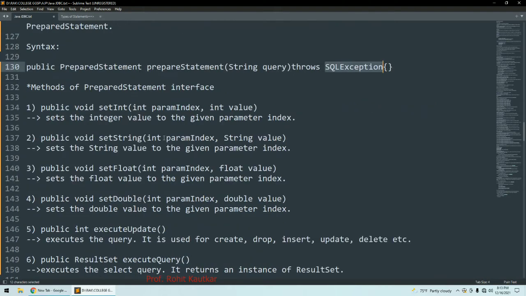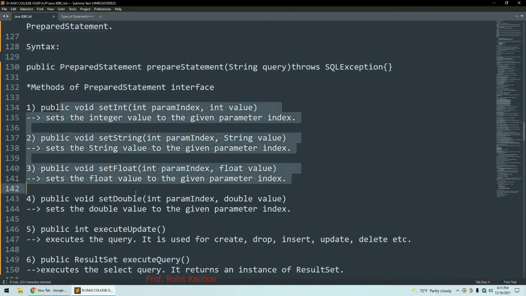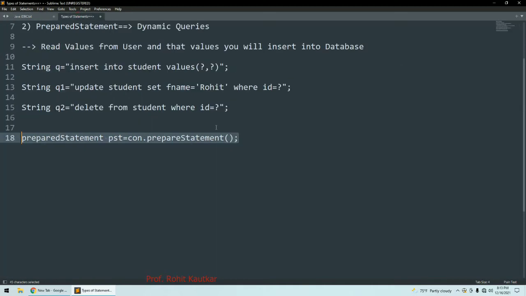Now what methods we have for prepared statement interface? First method we have setInt. Now all these methods are used for setting the parameters. For example, this is my query and I want to set the parameters here, first parameter, second parameter. How I am going to do that? For that we need to know what is structure of table.